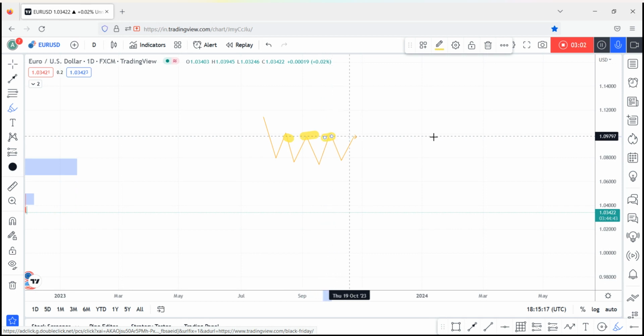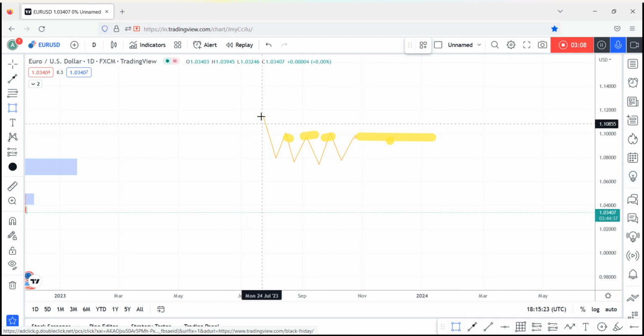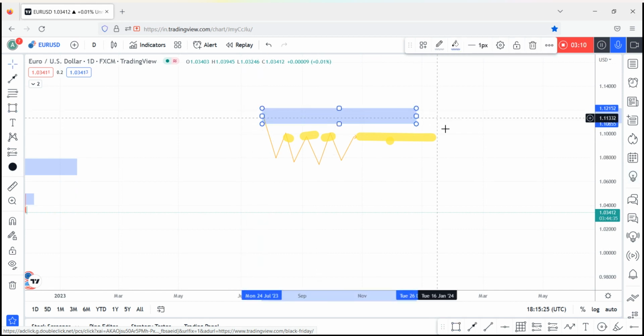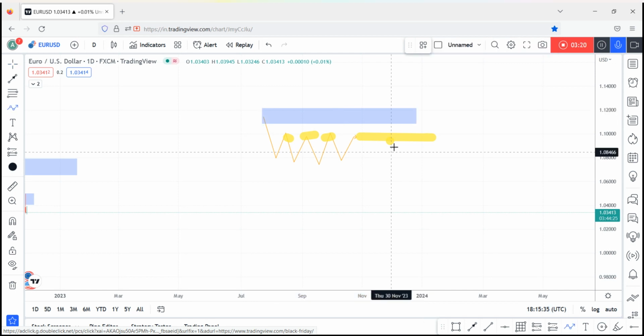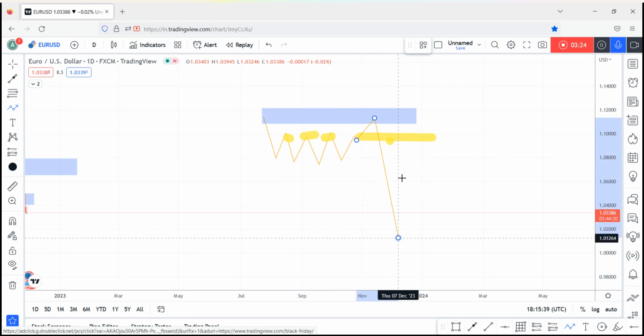This is mitigated by this zone. And the zone that has remained unmitigated is this zone. And from here, sorry guys, price will go up and then will go down, right? So this is how you can identify